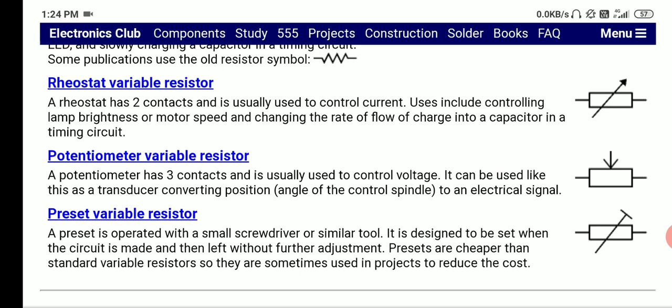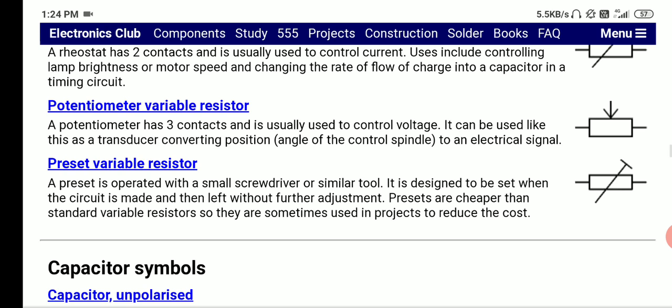And the same in the motor speed. When you learn about the motor, its working, its principle, its structure, its construction, then you're going to learn how motor speed is changed by using the resistor. Changing the rate of flow of charge, the same you're going to learn in the timing circuit. Because if I tell you right now, you won't get it as well as then. Making sure that you get familiar, and it's very clear to you what a resistor is, what it does.